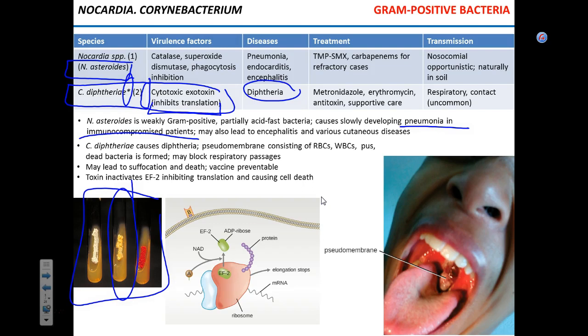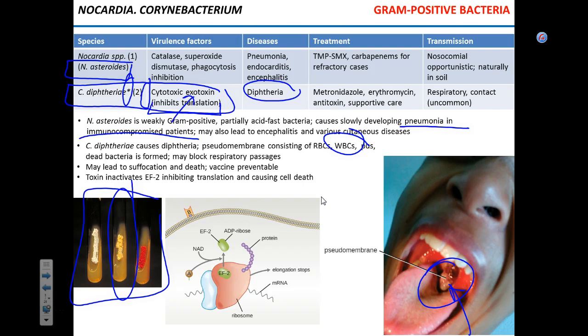It infects epithelial cells of the upper respiratory tract and releases the toxin, which then causes cell death. So epithelial cells start to die. That leads to inflammation and infiltration of white blood cells, which further promote the tissue injury. Accumulation of dead white blood cells, dead bacterial cells, and dead epithelial cells may lead to the formation of a so-called pseudomembrane, and the pseudomembrane can grow so large that it can obstruct the respiratory passages, leading to basically suffocation